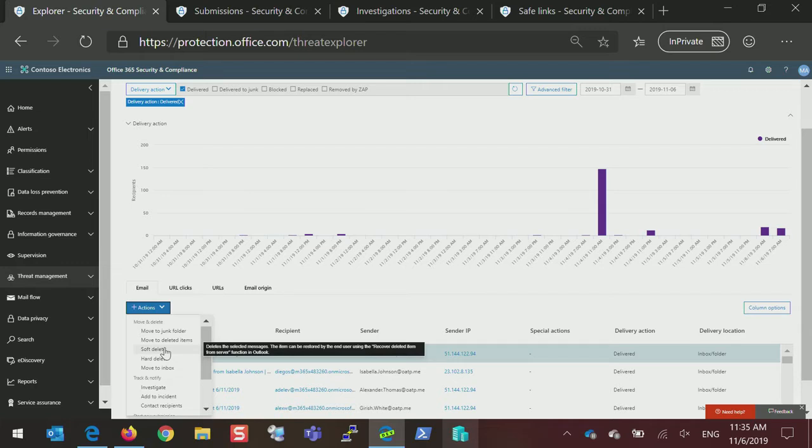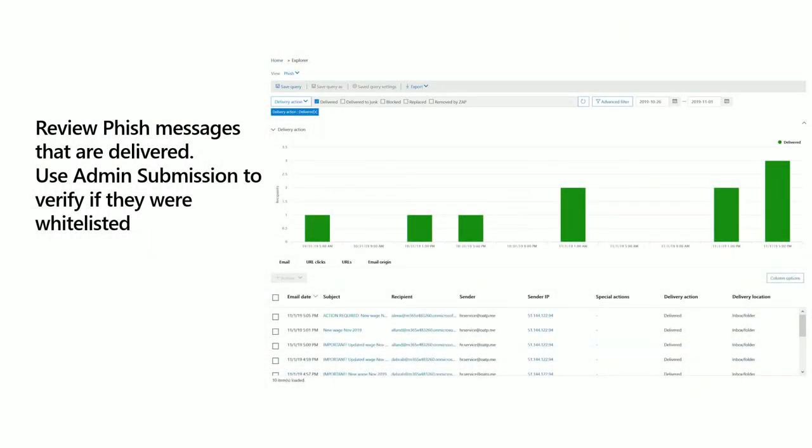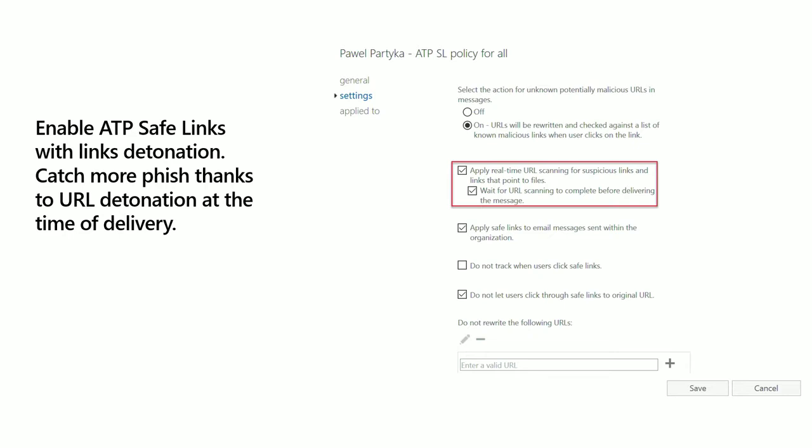Okay, let's switch gears to the next topic that I wanted to talk about, which is the well-known ATP Safe Links. Probably you are all familiar with what ATP Safe Links are. They protect you at the time of click against phishing sites. But what not everyone knows is that ATP Safe Links also allow you to limit the number of phishing messages delivered to user inboxes. For that, I would recommend you apply this real-time URL